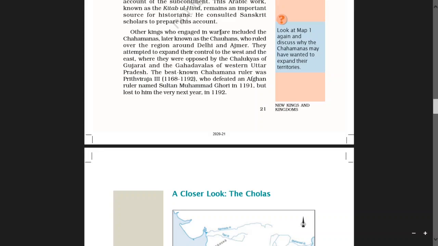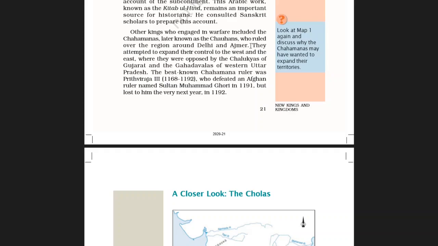Other kings who were engaged in warfare include the Chahamanas, later known as the Chauhans.